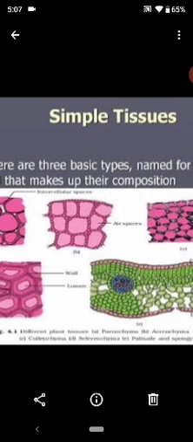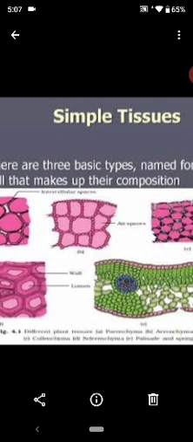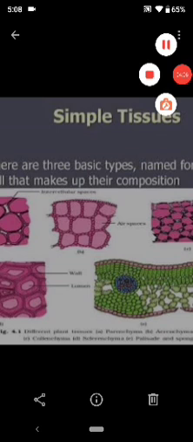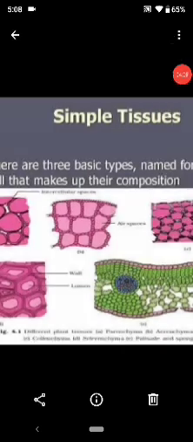Sclerenchyma also makes the husk of the coconut. They are normally dead in nature because the nucleus is absent. Due to the deposition of lignin, they have thick walls. The lumen is very small in the center. Sclerenchyma tissue is present in the hard parts of fruits like seeds, etc. Now we are coming to the epidermis.